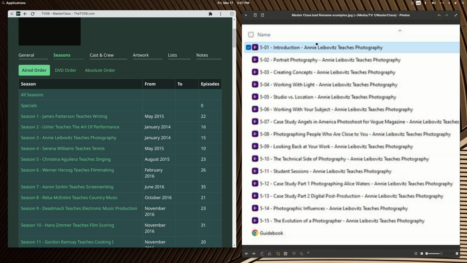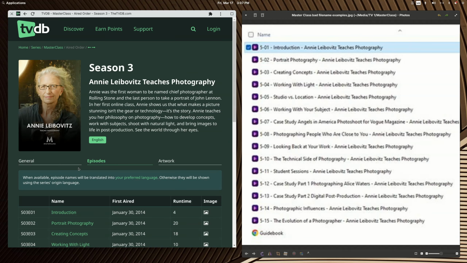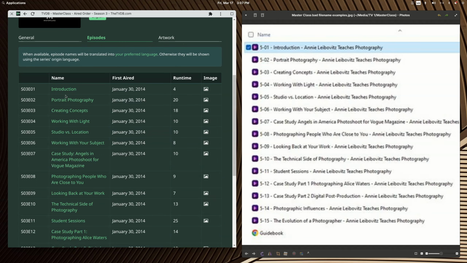So you'll see that William's episodes look like they might be season 3, and you'll see we've got a perfect match. Now his labeling 5-01 is not perfect, but at least we know we can make a match to this